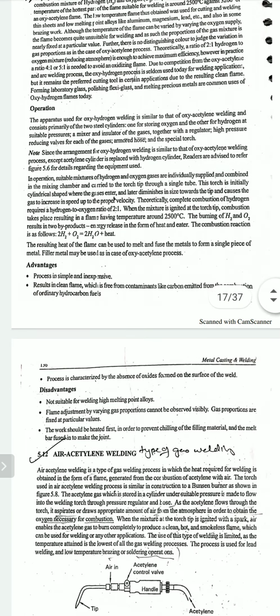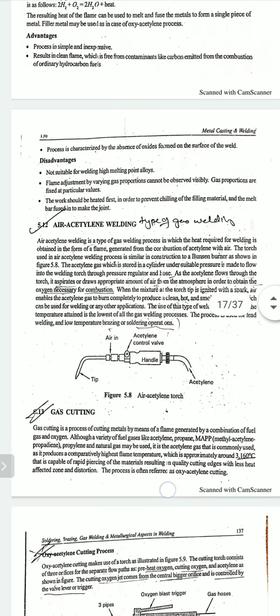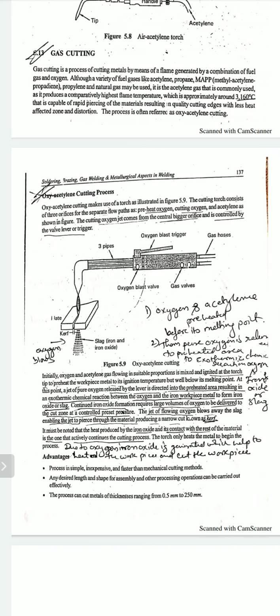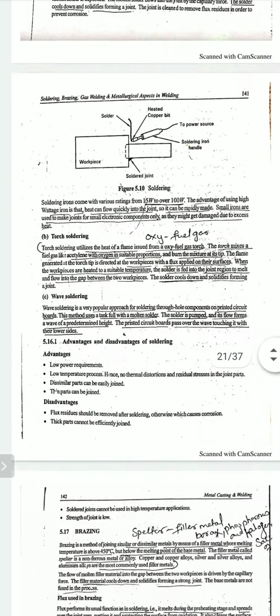There is the oxygen hydrogen welding process, the oxygen acetylene welding process, how gas cutting is to be done, and power cutting,